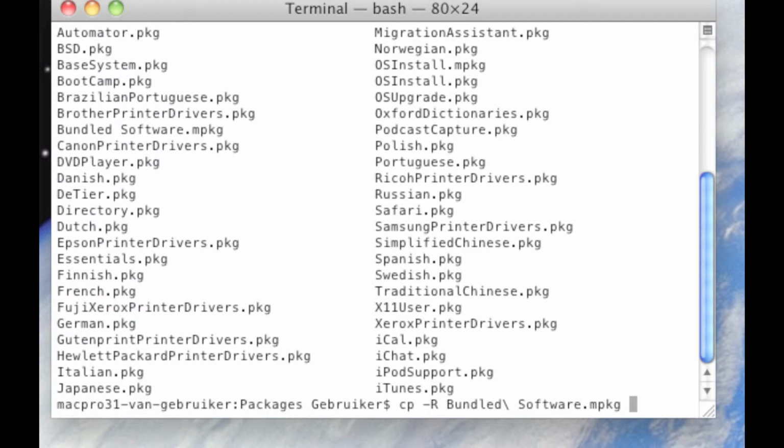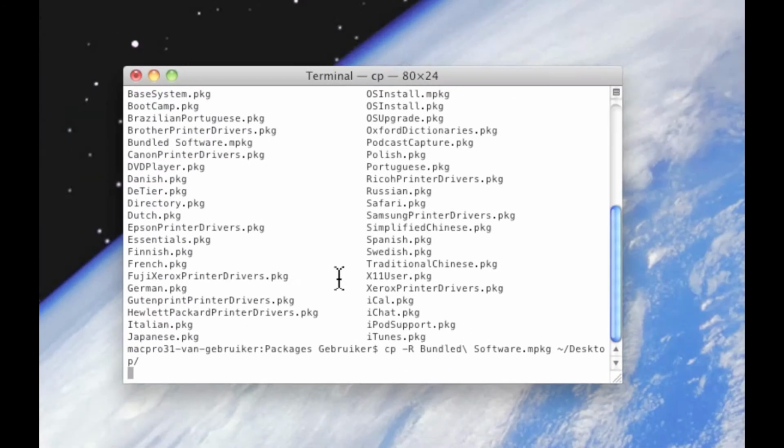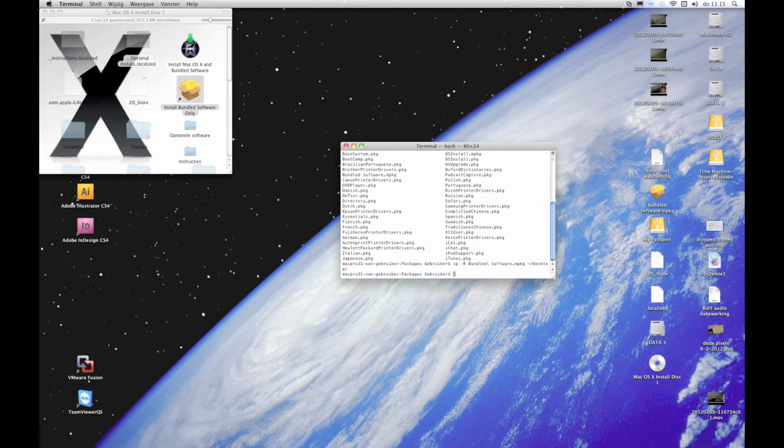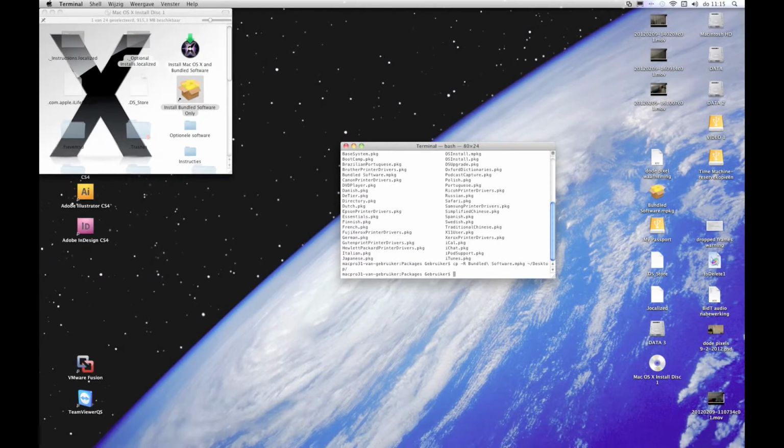So we do a space, then a tilde, /desktop, and we hit enter. When we do that, we see that the bundled software package is actually copied right there. Okay, so that's the one we need to alter. I'm just going to exit